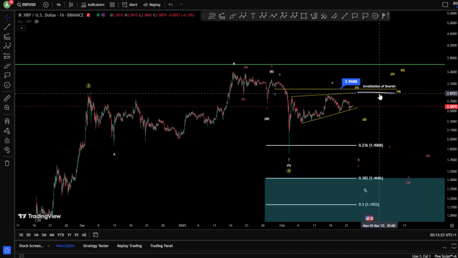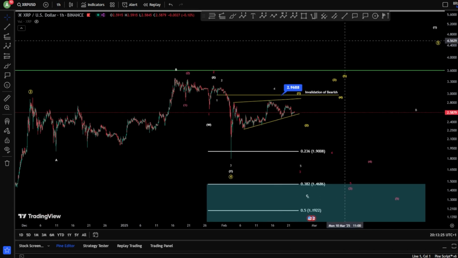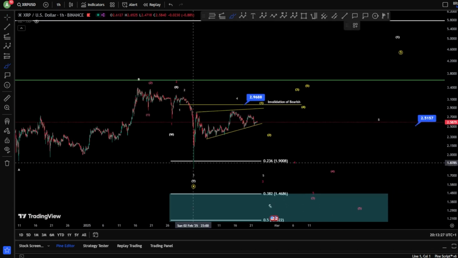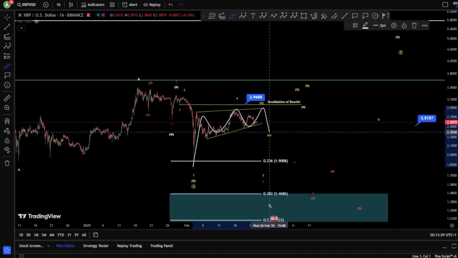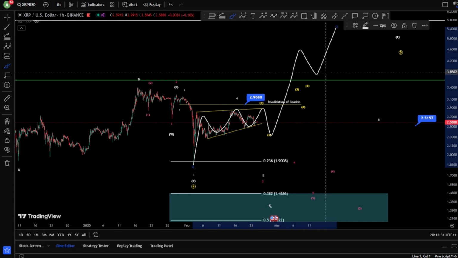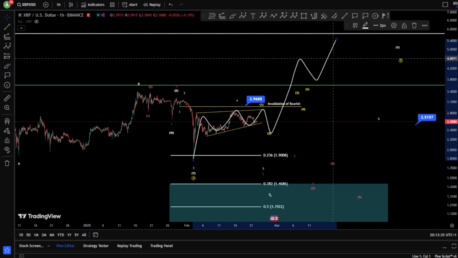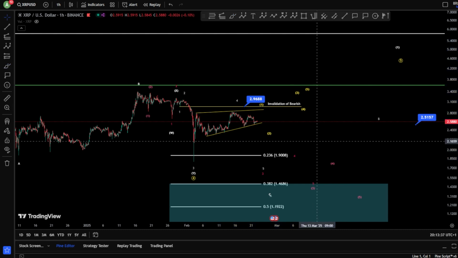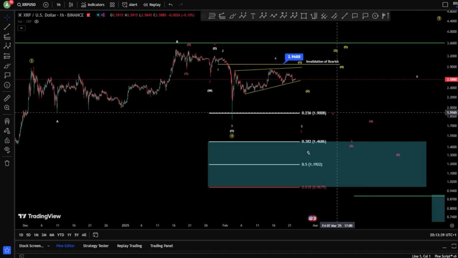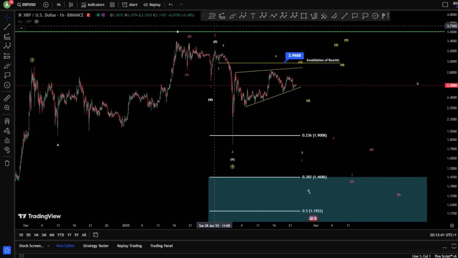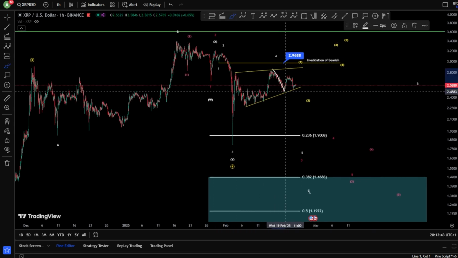And if this is your wave 1, you have to expect a very high bullish scenario. If this is a wave 1, 2, and then 3, 4, and a 5, a very, very high scenario. It might reach $5 for XRP, probably. If you are bearish, guys, as I explained, you have to transform this